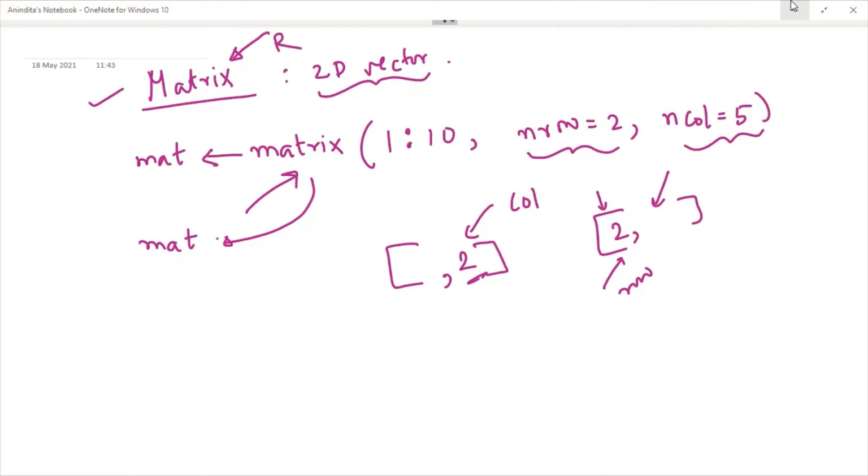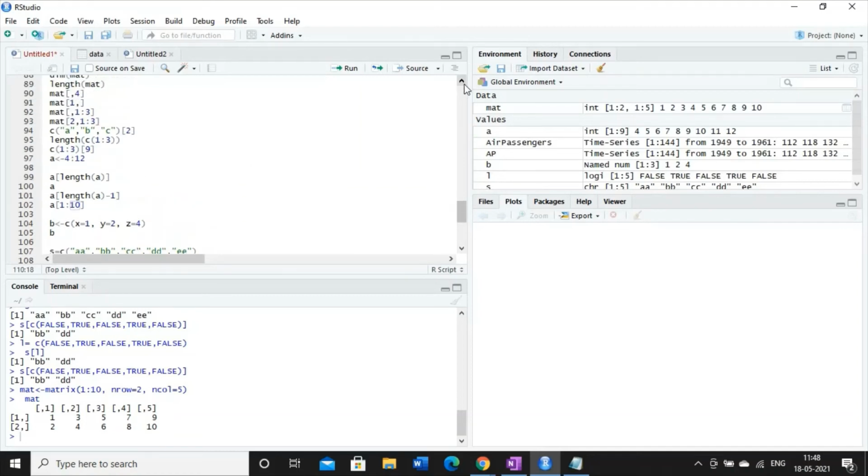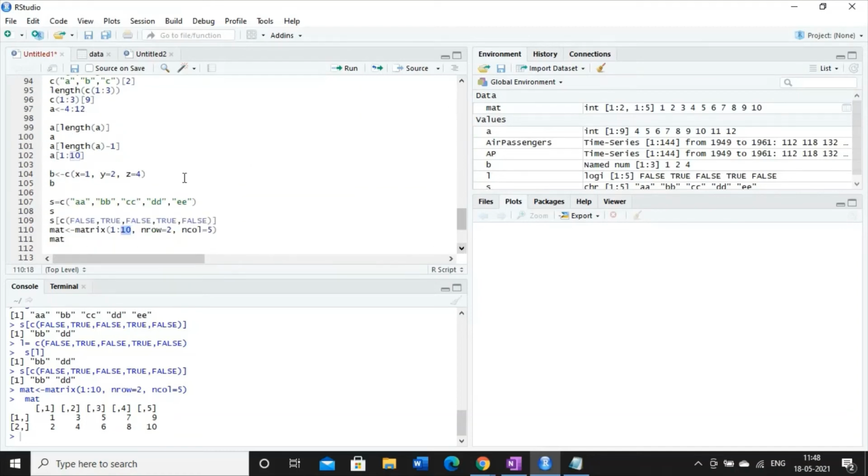So now what is the meaning of 1 is to 10? Now it is clear that it is showing values from 1 to 10. It is similar to this syntax. I have used this syntax for a vector, that is 4 is to 12. In that case also it will provide you the values from 4 to 12.